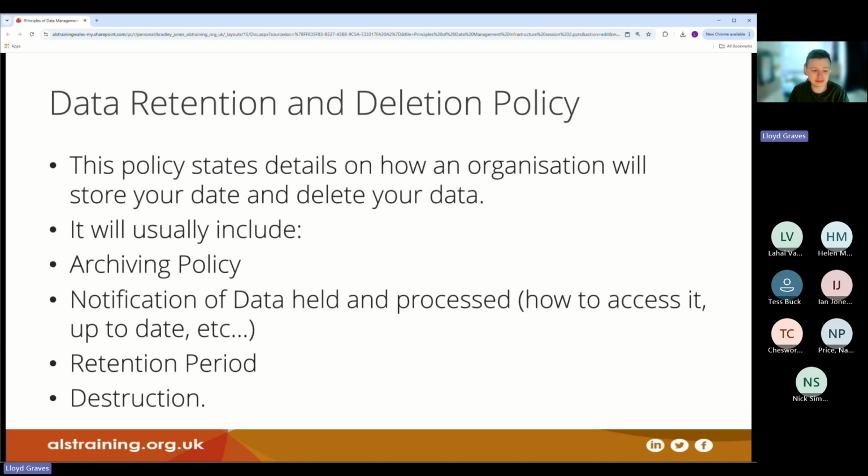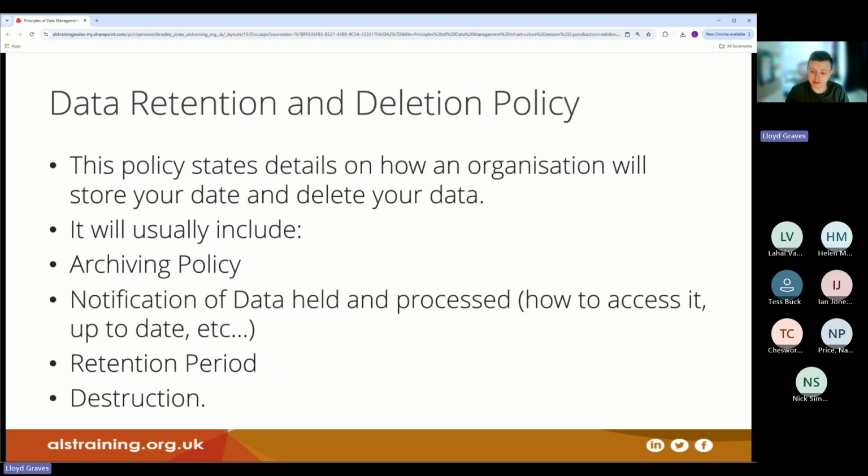Data retention and deletion, so I touched on it a little bit earlier, but basically it states how an organization goes about storing data and deleting data in accordance with different guidelines. So there's various things that we might do with learner data. It could be archived, it could be retained on the system, it might be deleted after a certain amount of time. So what we'd expect the policy to outline again is